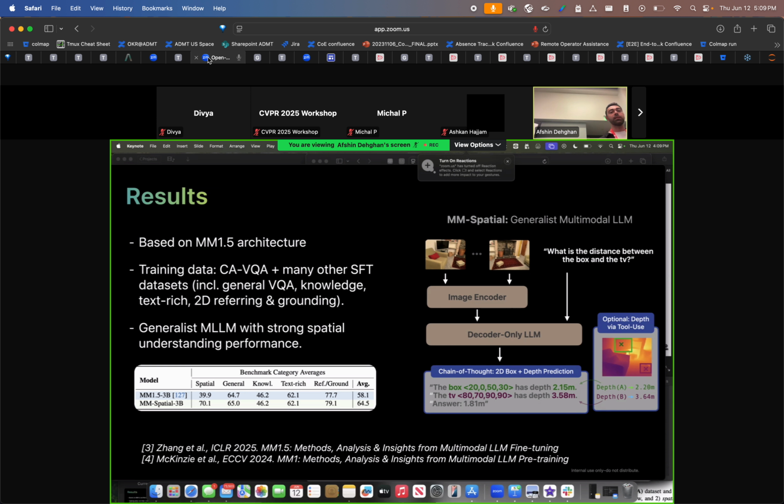So as a result, we created this generalist multimodal LLM that also has a very strong spatial reasoning capability. You can see here that this was the MM1.5 3D model, and when it comes to spatial understanding, the capabilities were not that great, 40%. But when we add this mixture to it, it's bumped up to like 70. At the same time, we keep its quality on general benchmarks, knowledge benchmarks, and text-rich benchmarks. Also, referring and grounding is improved because this dataset also has a lot of referring and